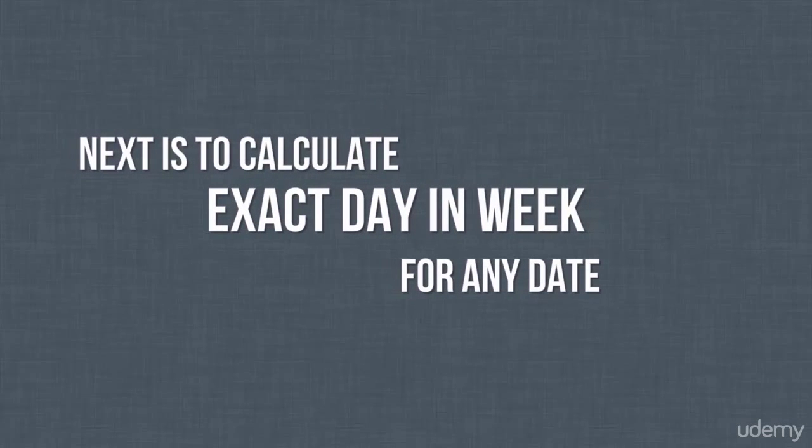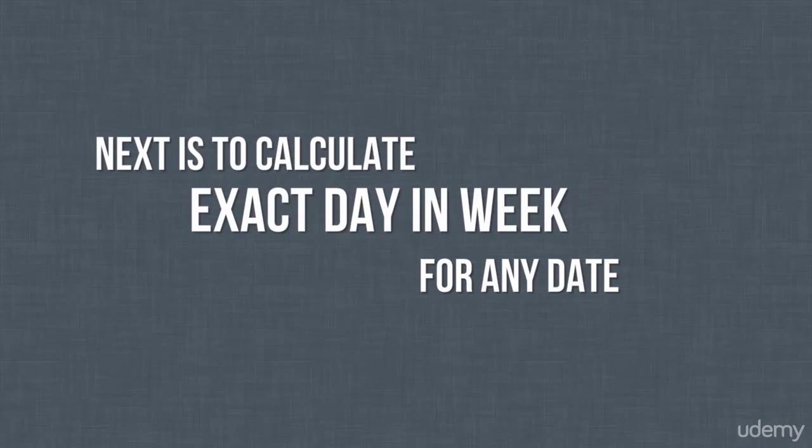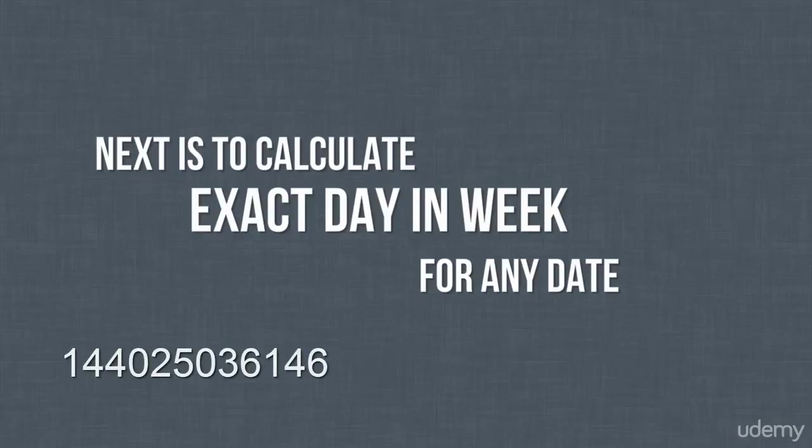Now the second system will allow you to calculate the day for any date between the years 1900 and 2000. It is necessary in this system to ascribe to each month a number that will always remain the same. The numbers for the months are the following: January is 1, February is 4, March 4, April 0, May 0, June 5, July 0, August 3, September 6, October 1, November 4, December 6. So the number